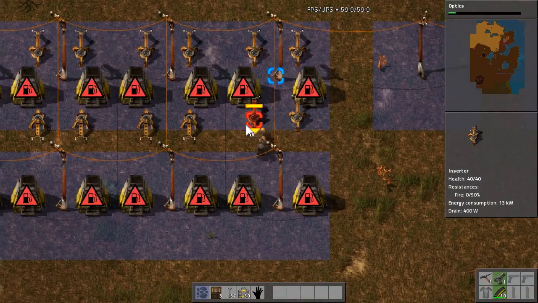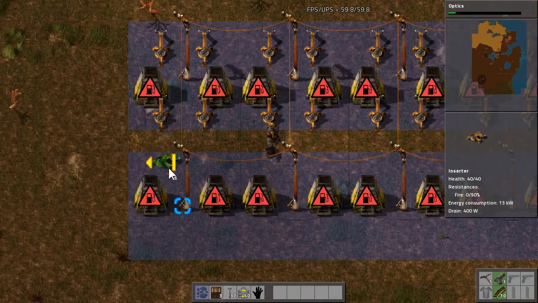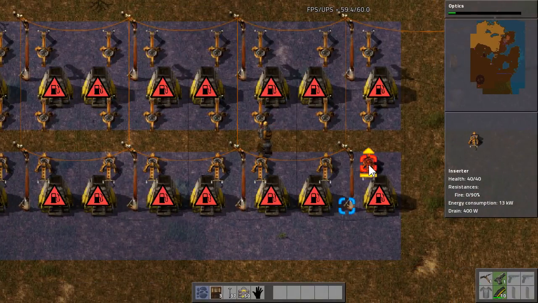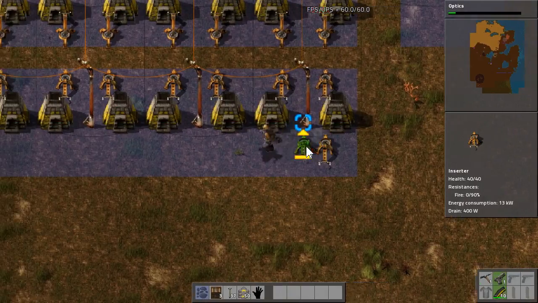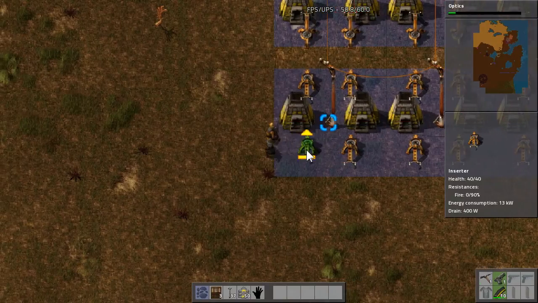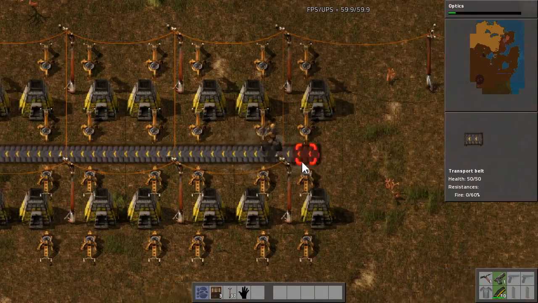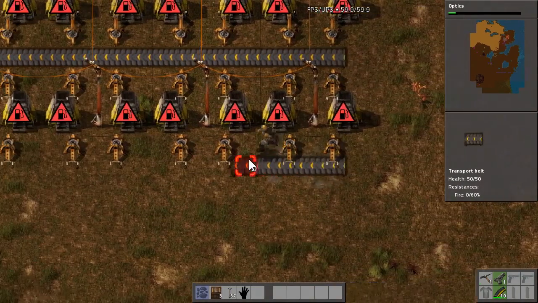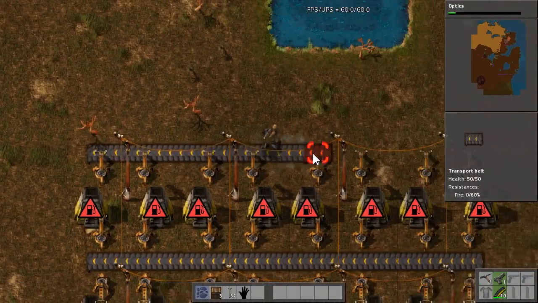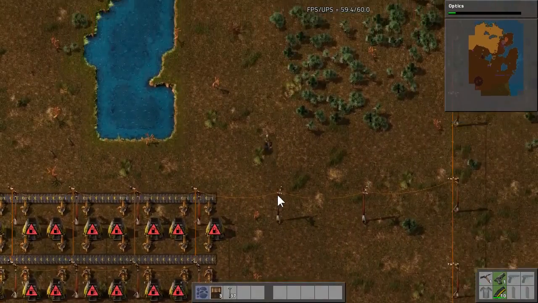But those are all facing the wrong way. So the intakes are on the outside, and the output is on the inside, like so. And if I have some more resources, I can...